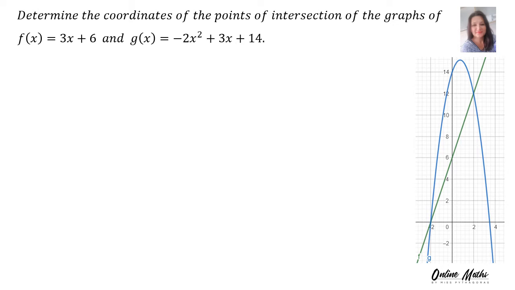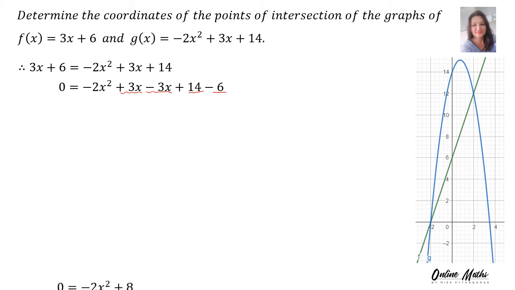Now, to do simultaneous equations here, we will equate the straight line and the parabola. Therefore, 3x plus 6 is equal to negative 2x squared plus 3x plus 14. In the next step, I will let the 3x and the plus 6 walk across and their signs will change, and then I will add my like terms. So then plus 3x and minus 3x is nothing, plus 14 minus 6 is plus 8, and there's your minus